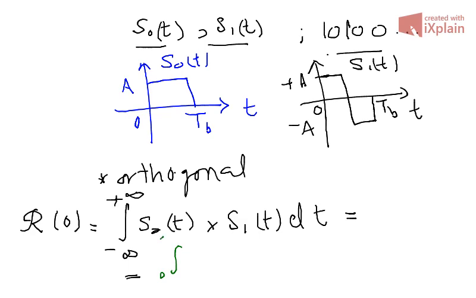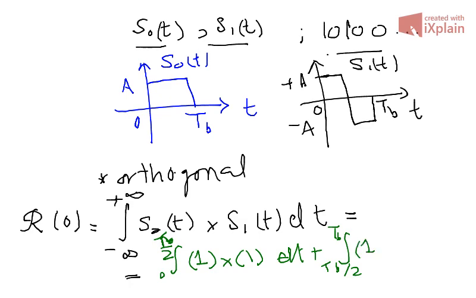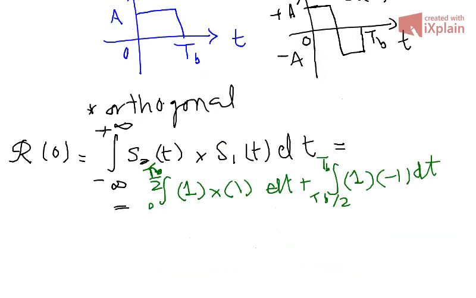From 0 to TB over 2, your S0 is 1 and S1 is also 1, dt, plus from TB over 2 up to capital TB, S0 is 1 and this one is minus 1, dt. So if you solve this integral,